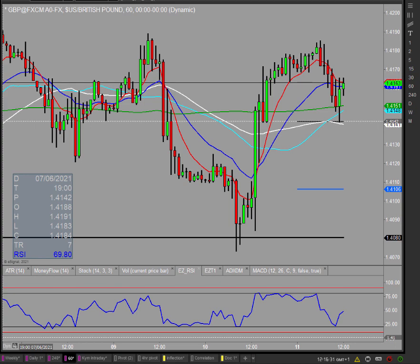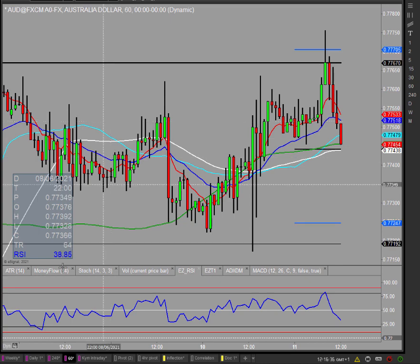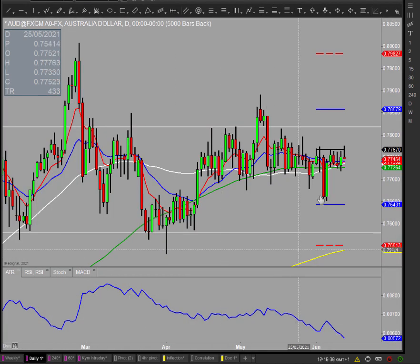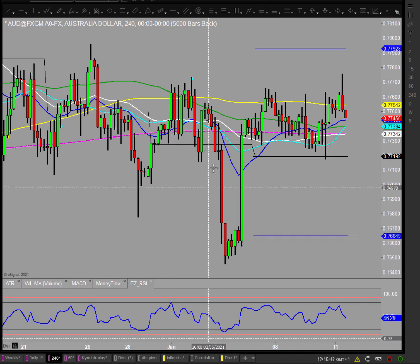Really, aside from the Aussie dollar, I don't like the look of the market. I said this morning, I really don't like this. It's been sitting here day after day after day, and I was quite right. All it's done is pop and drop. It's just proved me right. I haven't made any money out of being right, so you can often be right and not make money, but it's just literally